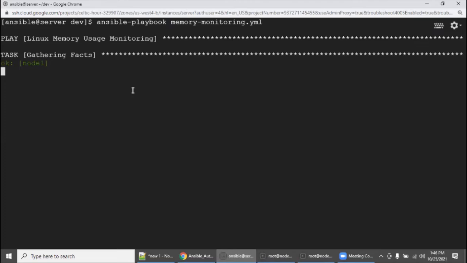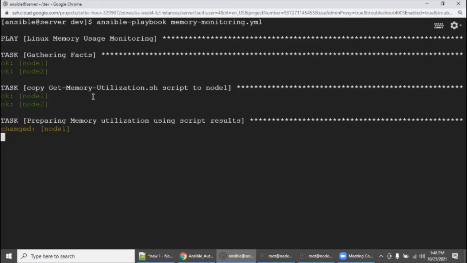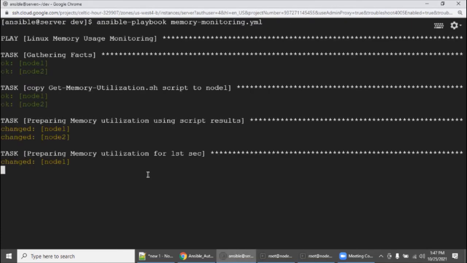Let's gather the facts. So now it is trying to copy the script, already there. So this task is already completed. So we will get this one and collect the utilization results, because node 2 is almost at peak, right? So the response is also getting delayed. The first input usage is getting collected.